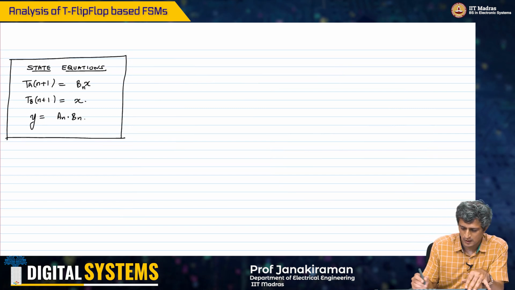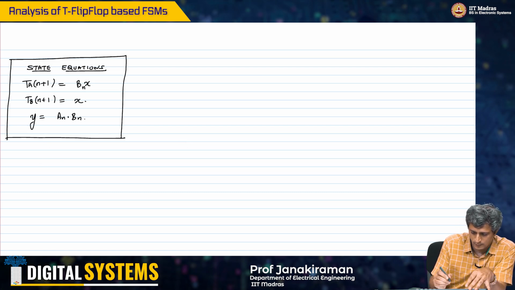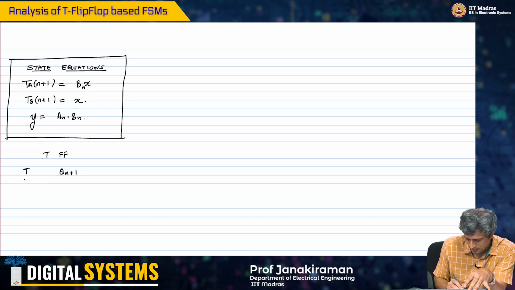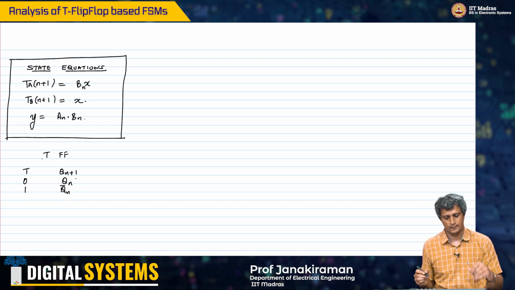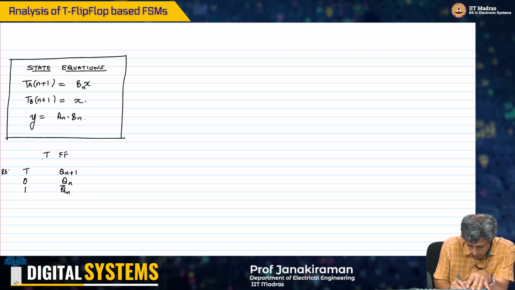Now what is my T flip-flop characteristic table? It is T and Qn plus 1. If T is 0, you just retain Qn. If it is 1, then you make it Qn bar. And of course you also have a reset,